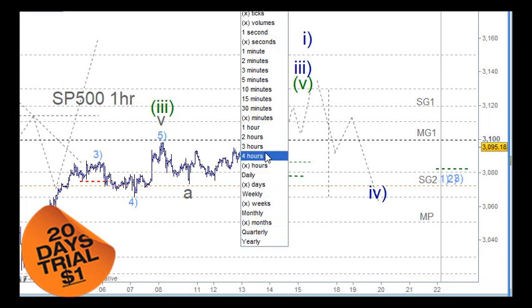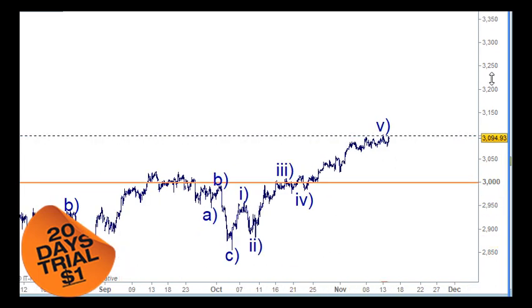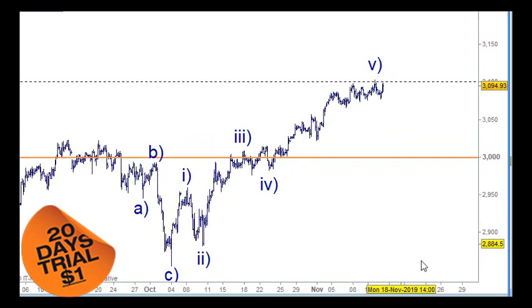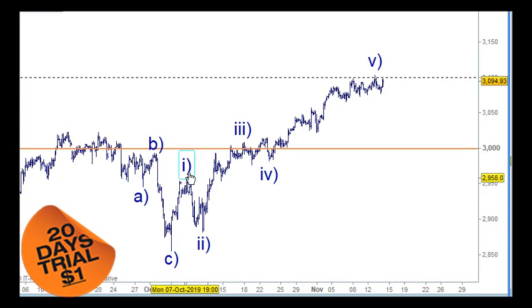So let me just check. So this is one count. This is one count here. That's also valid as well, with 1 and 2 here, and 3 to here, and 4 to here, and then 5 waves up here. But this 5 waves here will be wherever that top is here. So if we do make a new top, well, then that will be here as such, if we get 5 waves up here. But if that's not the case, then wave 5 needs to go onto this little high here,